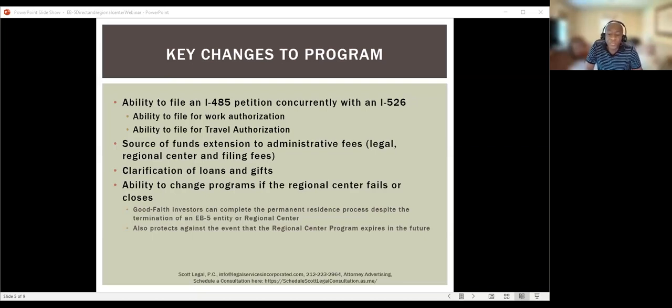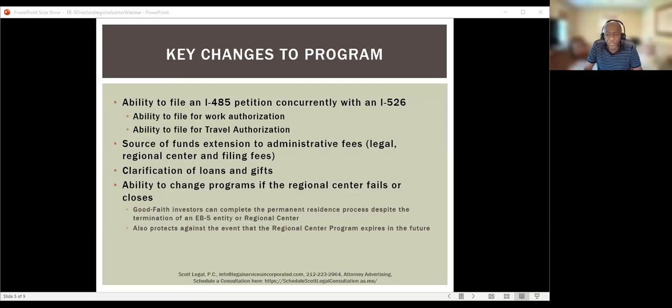There was a clarification. What the government wanted to do is, for loans and gifts, they wanted to tighten that up a little bit and say that gifts had to come from immediate relatives and things like that. But there were really no changes in this area in the March new rules. So that did not ever occur. So gifts are fine. If you do give a gift, you should make sure that whoever gave the gift has paid the gift tax. Loans are also fine as long as the security is not the business or the business assets.